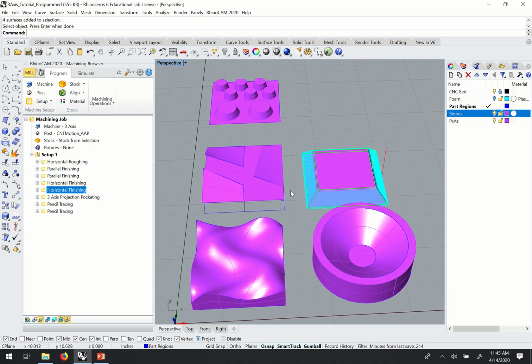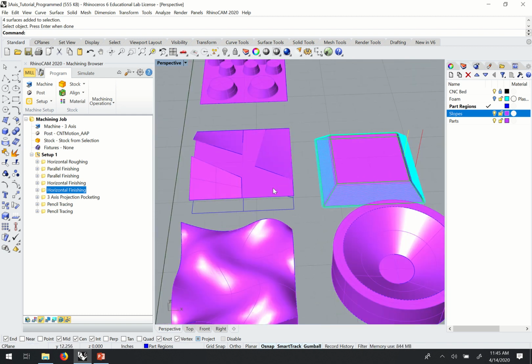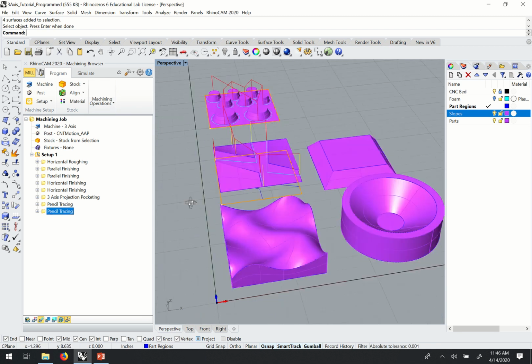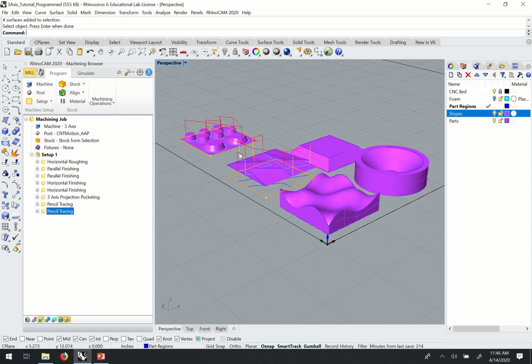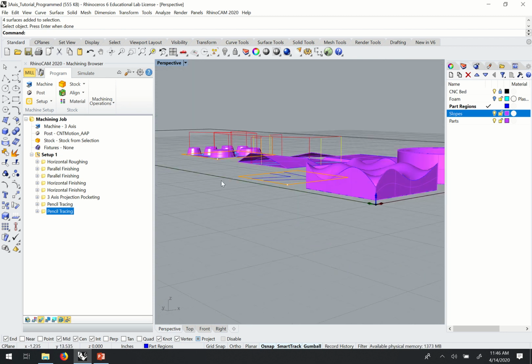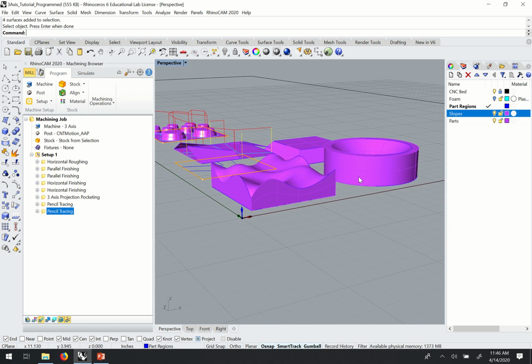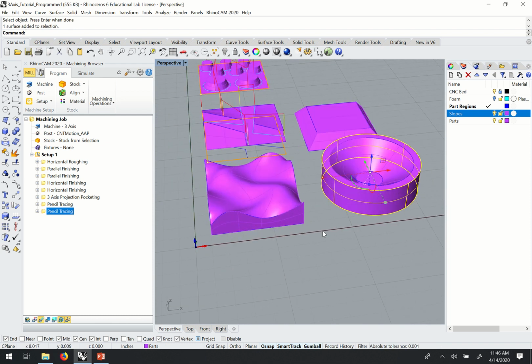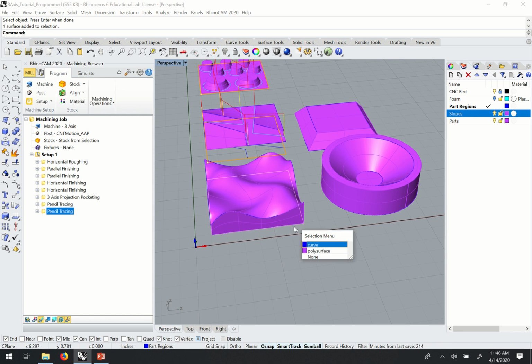Okay, the next thing I wanted to look at would be just doing one last two-axis operation to cut these parts out. So you can see that some of these geometries are just floating up above zero. Some of them go all the way down to the ground plane. But either way, to finally go through and cut these parts out,